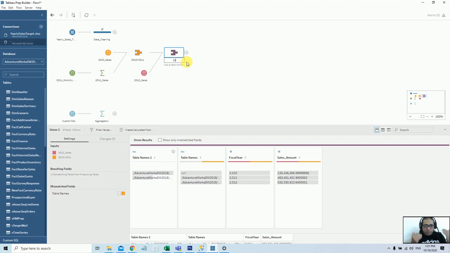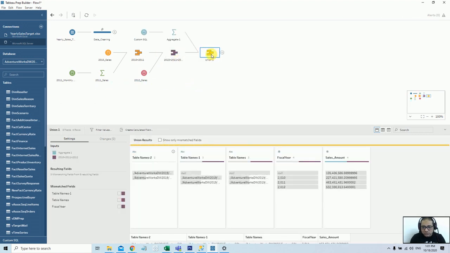It's for your memory purpose, so you know at each step what basically Tableau Prep is doing. So 2010, and 2011 and 2012. This is only for your understanding purpose. You can rename it whatever you want. So now the last step, not the last step, here we have the aggregated data for 2013. Now we want to add this into the union. Let me do it here.